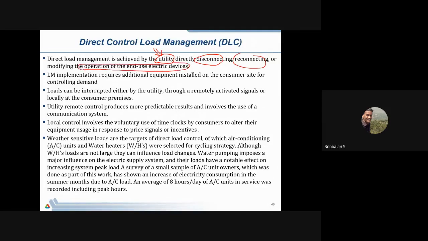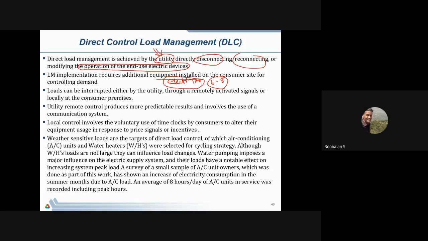So how can it be done? For example, there are two types: direct implementation and remote operation. Direct operation, as we have already seen, uses an electronic relay or electronic timer, right? So I'm going to install an electronic timer in my end device, end application. I already said that from 6 p.m. to 8 p.m., in that time period, that particular electrical equipment definitely must not consume electricity supply. So once I fix the timer, when the timer comes, the electrical relay is turned on and my electrical appliance is isolated from the electricity grid.